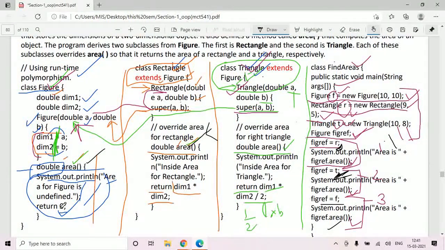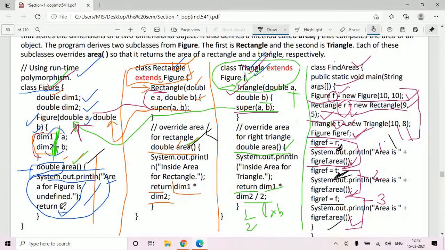To summarize, to work with dynamic method dispatch or runtime polymorphism, you should have inheritance, and you should have the overriding concept in your program.